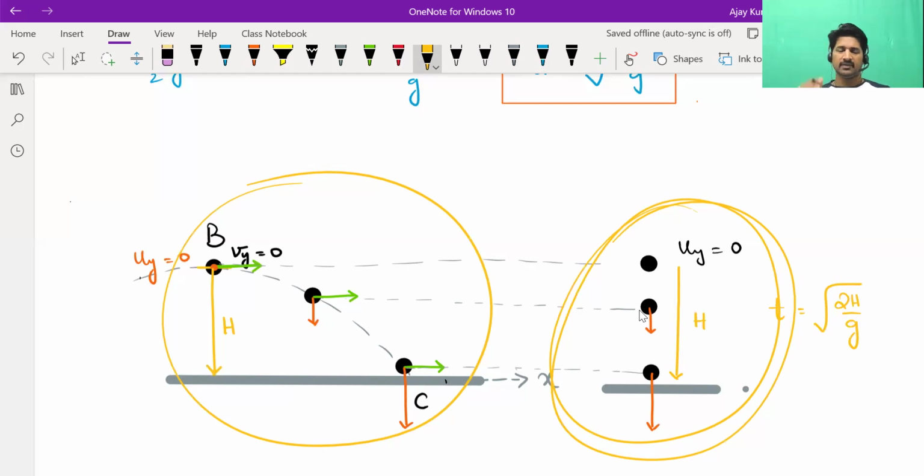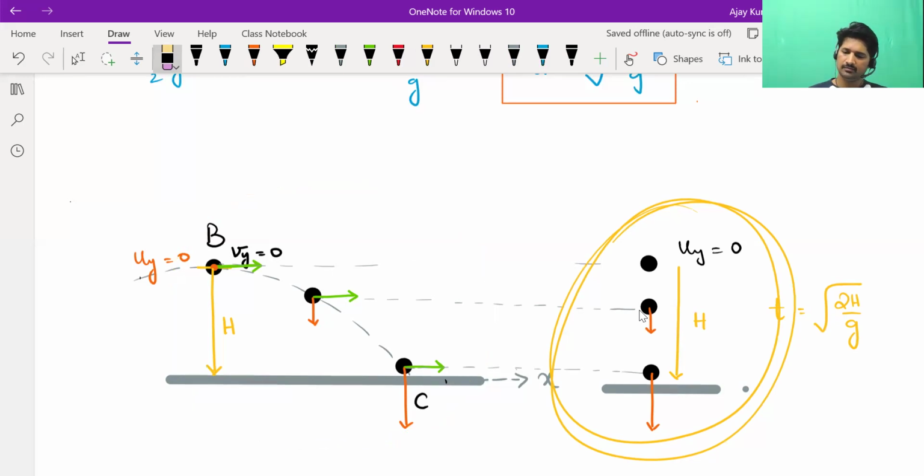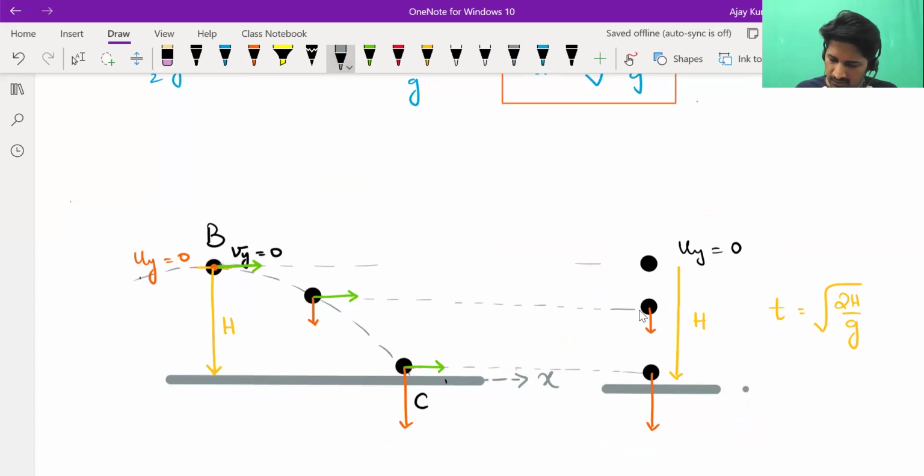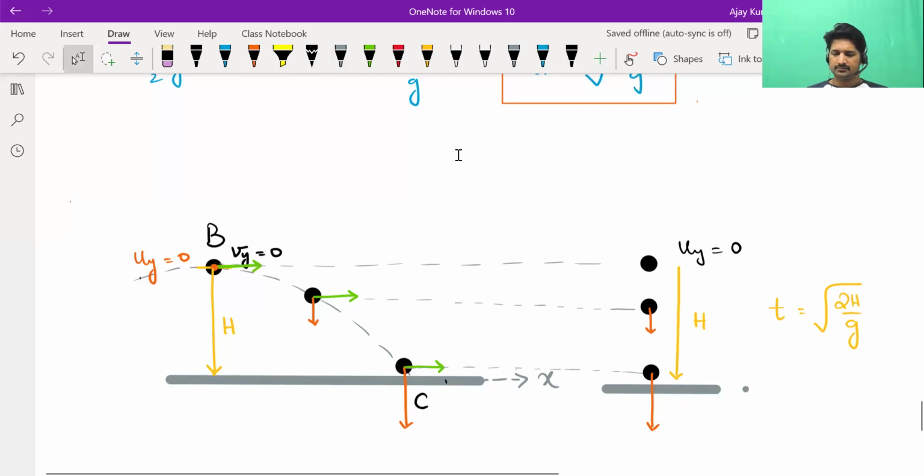So the x component of velocity never interferes with what happens in the y direction. Okay, vertical direction. So vertically, if you visualize the motion of this body during descent, it is like a ball dropped from rest. Are you all able to understand this? Whatever happens in the right side case vertically, same happens in the curved path also vertically. Is that clear? If you have any questions, you can ask. Try to relate them. Okay. So in the vertical direction, if you observe, whatever happens when you simply drop a ball downwards, the same happens in 2D projectile motion as well.